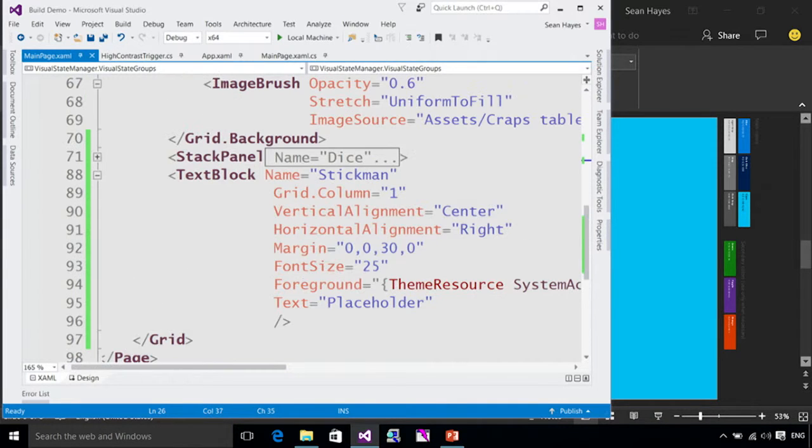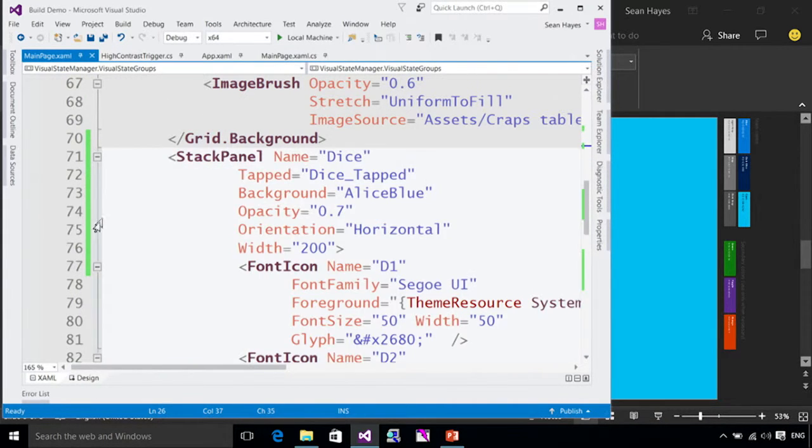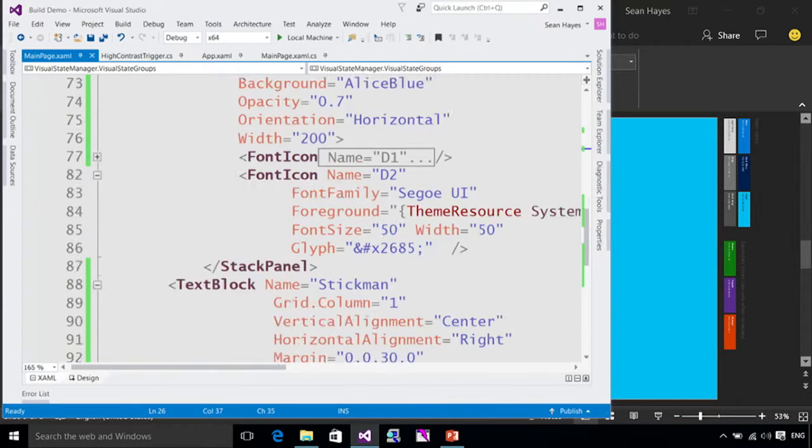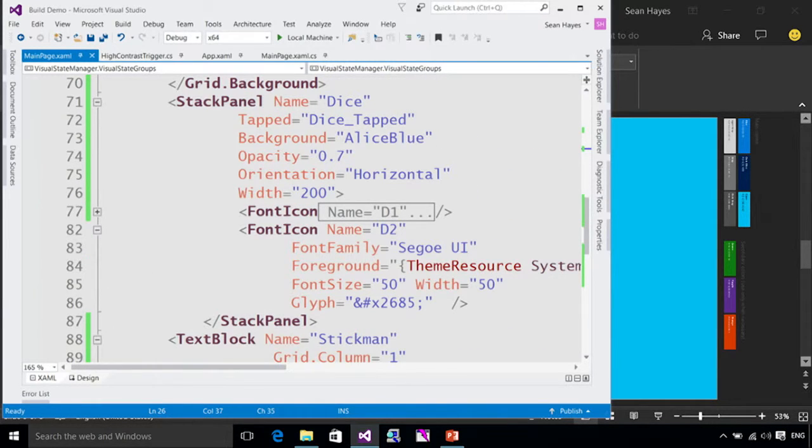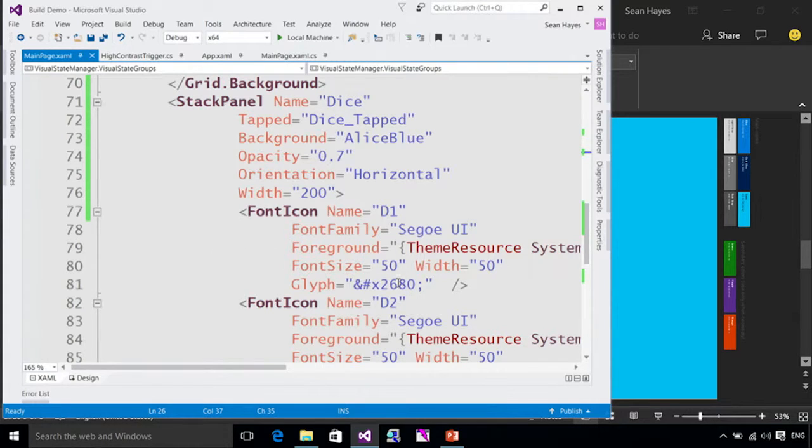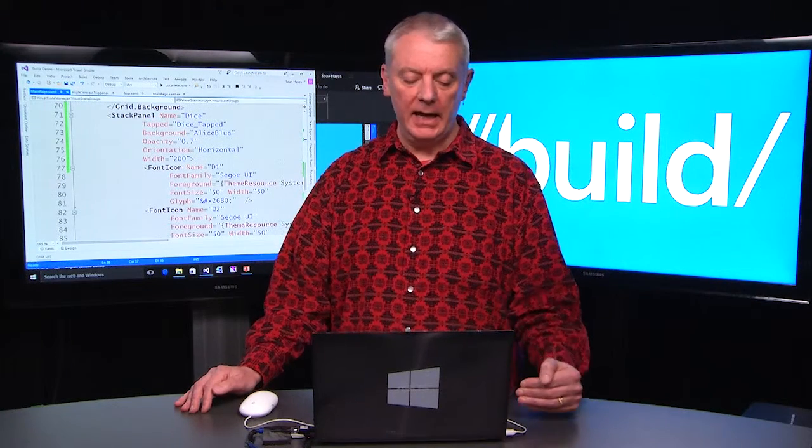Okay, so you can see that in this application what we have is a stack panel which actually contains two font icon elements. Each of these font icon elements is using a Unicode glyph to represent their dice, and they're stacked together. And the way that I've tapped this so that it's actually working is I have a tapped handler on the stack panel. Now, in order to understand the problem here, we have to step back slightly and think about how